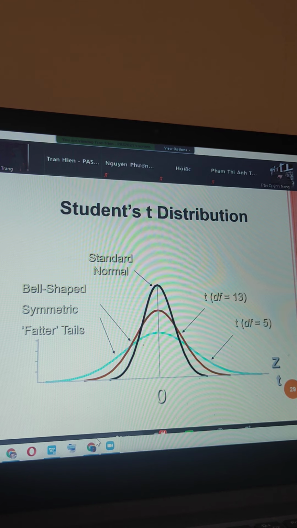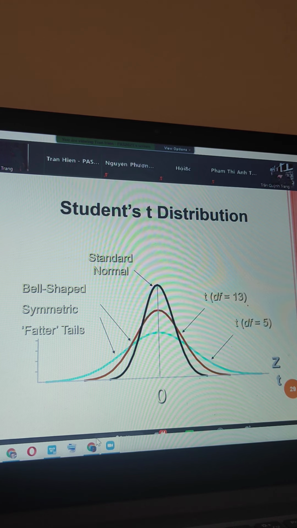So the figures, look at the figure in here. The black curve is for the standard normal distribution, and the round blue one shows the T distribution. So the figure shows the T distribution with 5 degrees of freedom and 13 degrees of freedom,